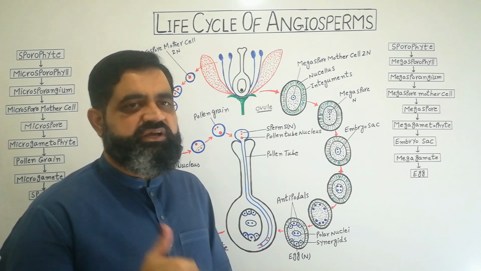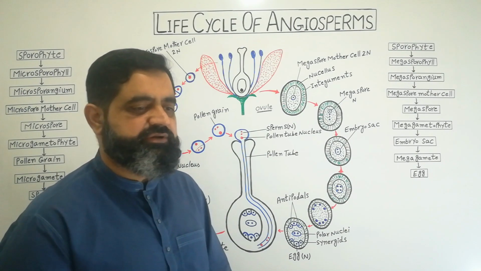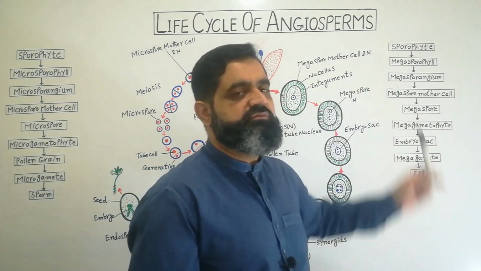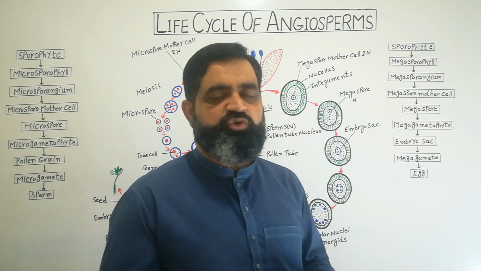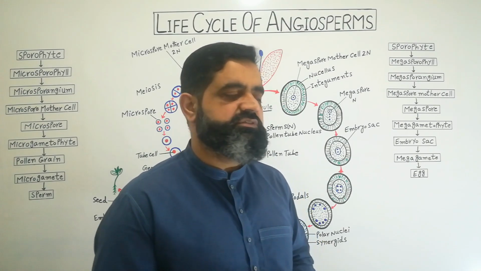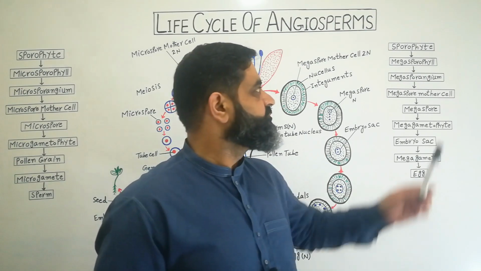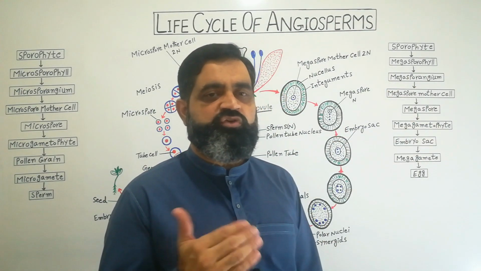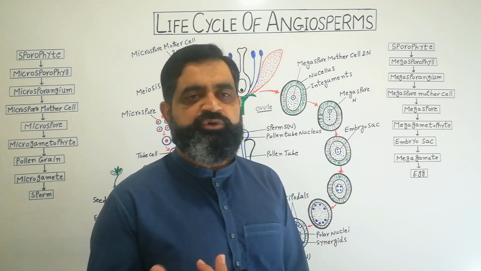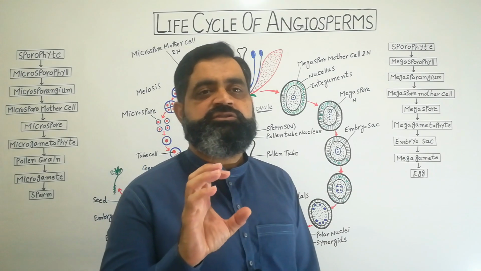Now I have summarized this whole process in a schematic way so that you can easily understand it. Number 1, sporophyte, which is usually a plant. As you can see, the body of the plant is the sporophyte. Roots, stems and leaves are vegetative, and flowers are the reproductive part. Flowers contain sporophylls, which are known as megasporophyll. Mega means large or female, sporo means spore bearing, phyll means leaves. Such leaves which bear spores.